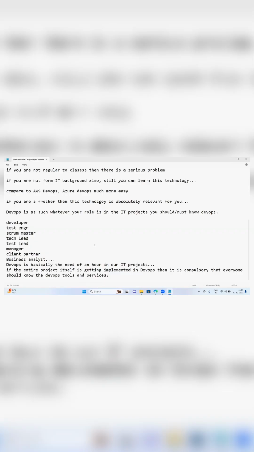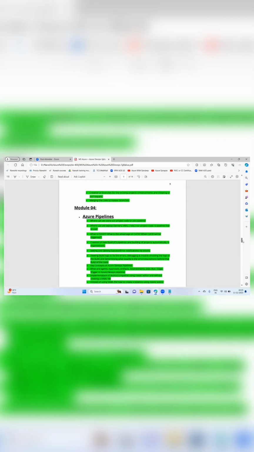Okay, fine. So this is our syllabus. This is our DevOps Azure course, Azure plus Azure DevOps. We are starting from understanding the different cloud models. What are the different cloud models we have? Like IaaS, PaaS, SaaS. What is the difference? Which services come under IaaS? Which services come under PaaS? Which one do we have to use? All this stuff. Hold on, Raghu, I'll tell.